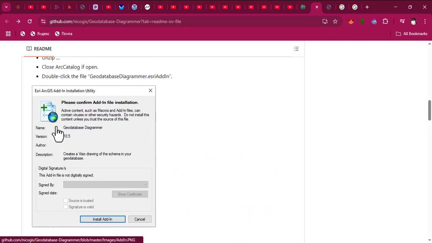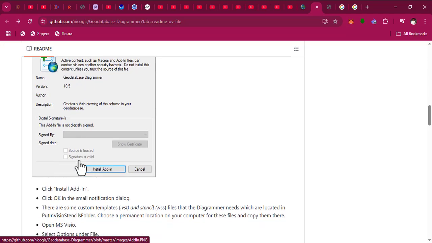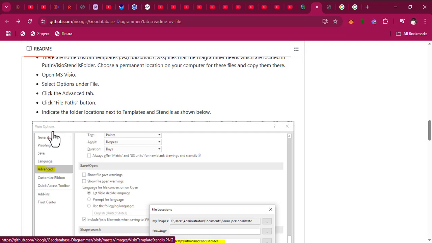Now we'll show you how you install it. Once you download using this, you unzip, and you close your ArcCatalog if it's open. Double click on it. I'm just trying to show so that you see everything that is done, to make it a bit more detailed. So you click on this add-in. Now, once you've done that,